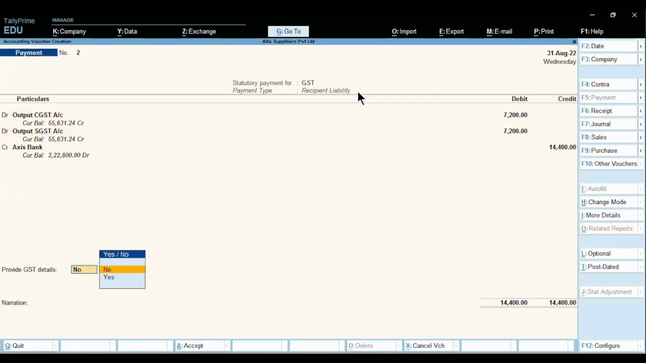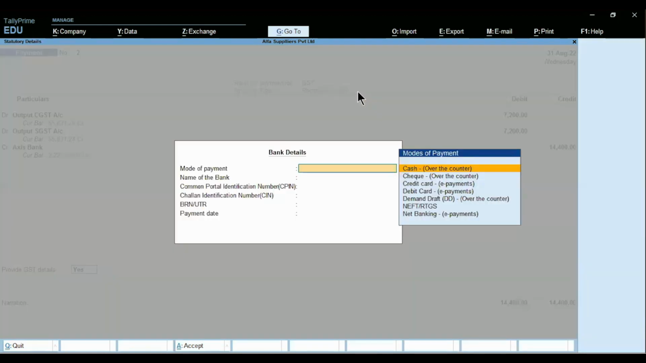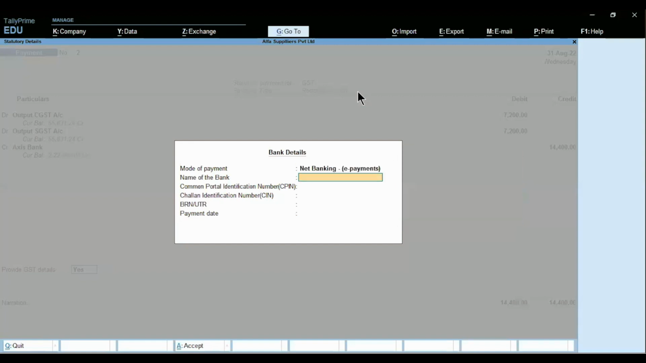Now provide the GST details. Here we will provide the GST details, that is, we paid through net banking. Name of the bank is Axis Bank. This CPIN and CIN number we will enter at present, or we can reconcile the challan that we have already